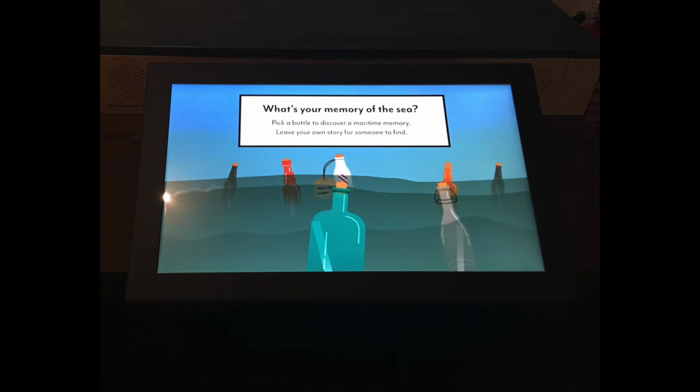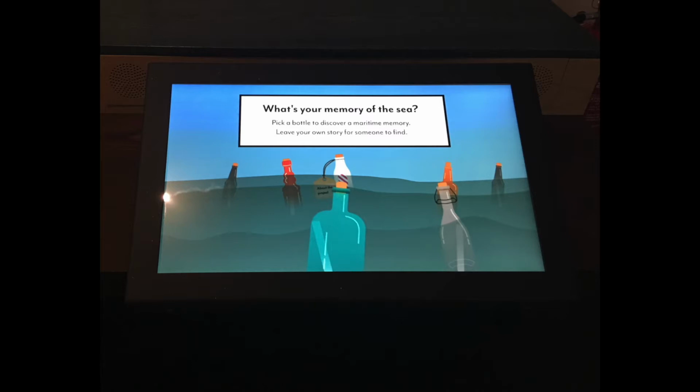And yet it's very broad because it's asking you to relate to a concept that's very broad, that of the sea. All of us will have memories of the sea, not just if you happen to be born or grew up in a country surrounded by sea, but most of us will have some sort of memory connected with the sea, holiday memories or good or bad memories. So the concept is broad enough to appeal to everyone, and yet the fact that you're being asked about your memory specifically is a very instant trigger.